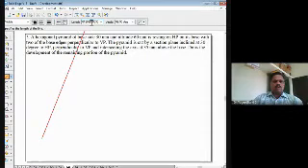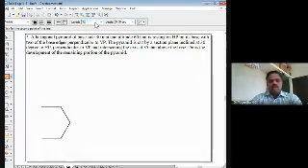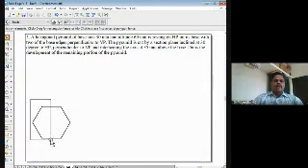Okay, the tap and enter key is not pressed, right? So 30 mm at 0 degree, then 30 mm at 60 degree, then 30 mm at 120 degree, 30 mm at 180 degree, then 30 mm at 180 plus 60, that is 240 degree, then 30 mm at 240 plus 60, which is 300, right? Likewise, you can draw the hexagon like this.